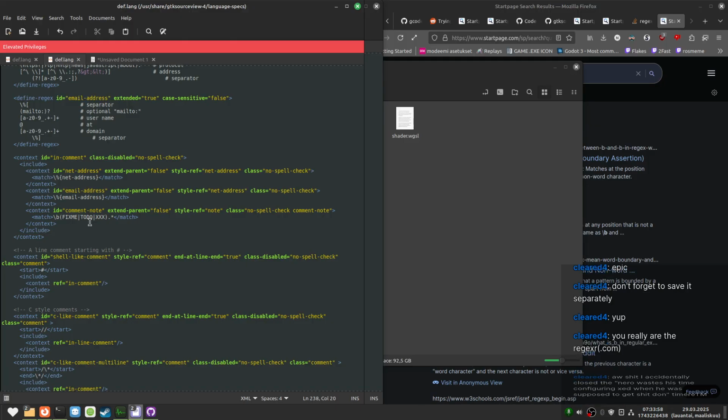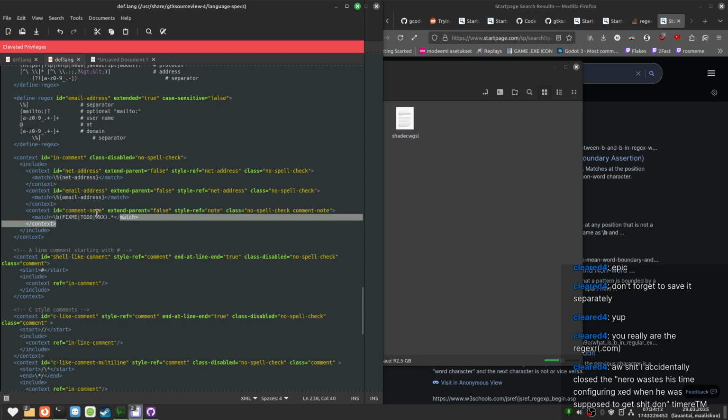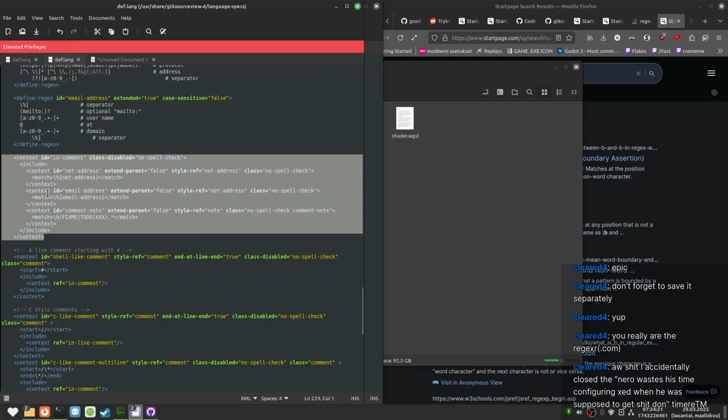But, I don't know, I'll just... Damn. But, no, but now it's good. Now the highlighting is good. And I'm not gonna save this separately.